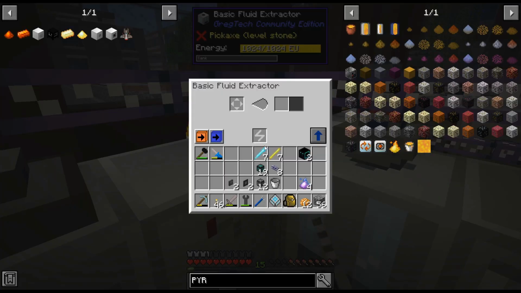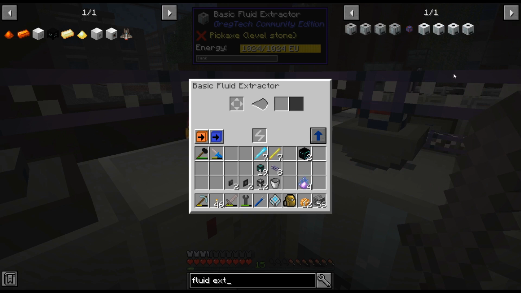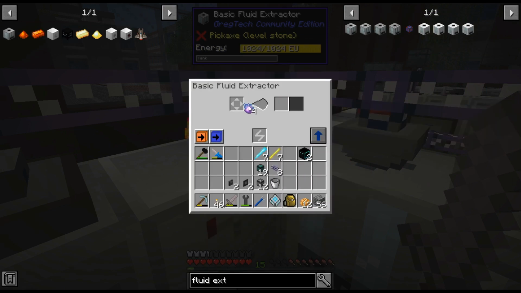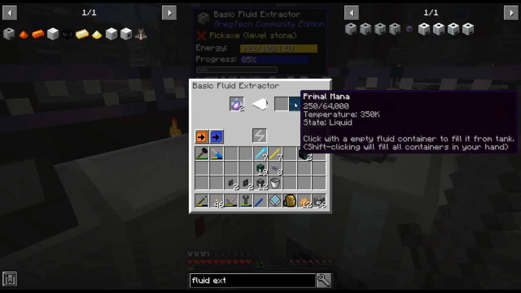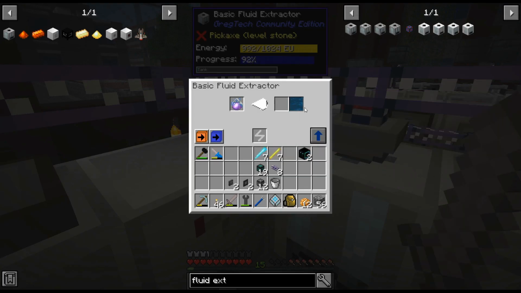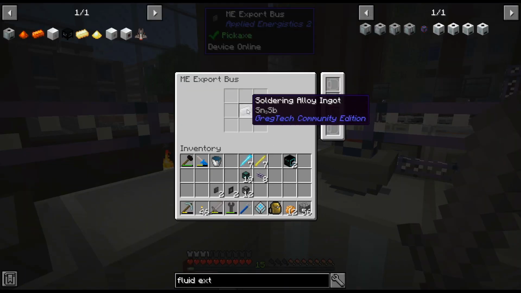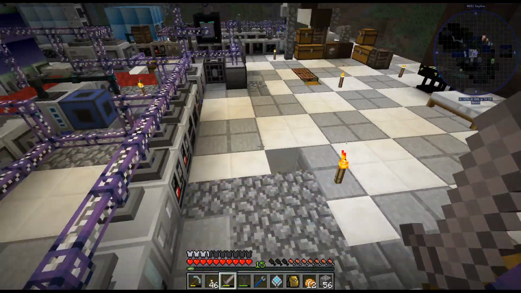I will also get another fluid extractor, I think. I don't know what tier yet. I'll just throw that down there, because I need a couple of these anyway. One for Primal Mana, one for... well, I don't know. I'll have to think about that. Because maybe I can just do... I usually was going to do like...